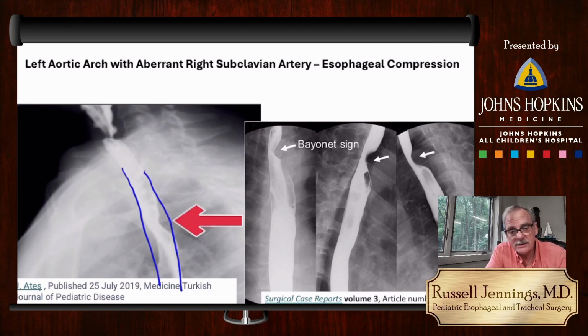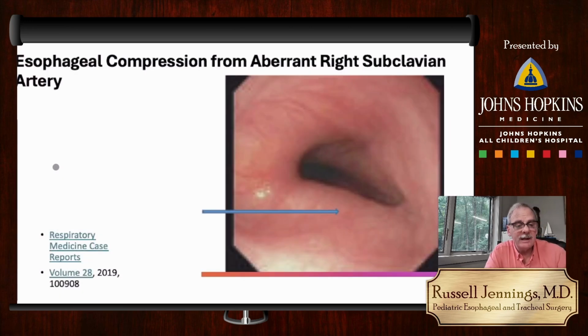But in this case, we have this defect, which is caused by the diverticulum of Kommerell compressing the esophagus, and here it's pushing on the side of the trachea from that diverticulum of Kommerell, pushing everything forward. We can see on the right side pictures more of these. We can see here the diverticulum of Kommerell compressing the esophagus, making it difficult to swallow. So here we see the inside of the esophagus using an endoscope in a person who has a left-sided